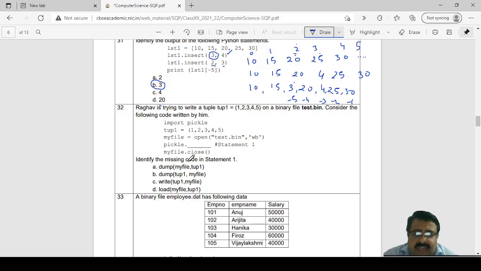And when it is pickle.dump, the syntax is dump data, comma, file object. So here data is tup1 and file object is my file. The answer is B.